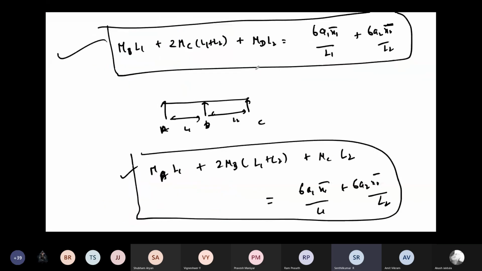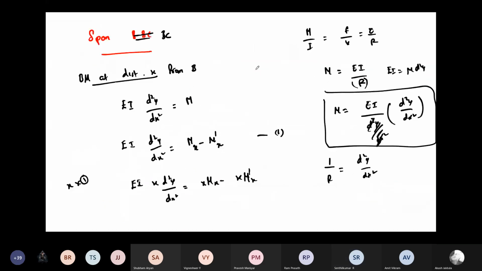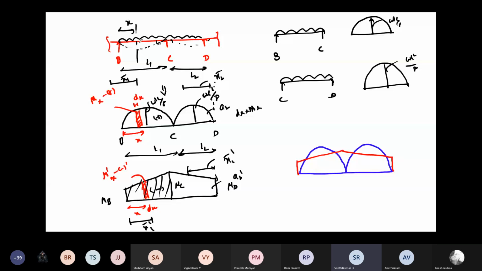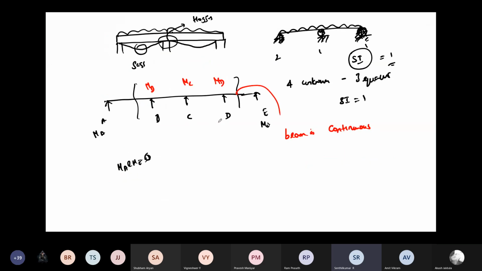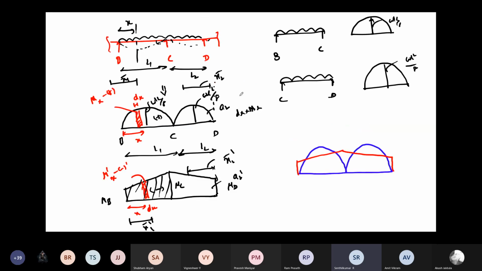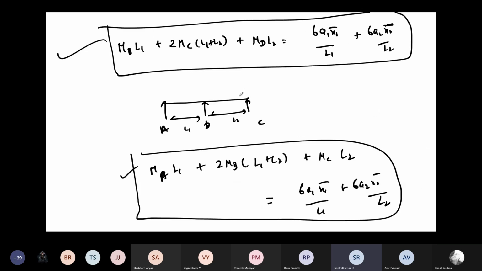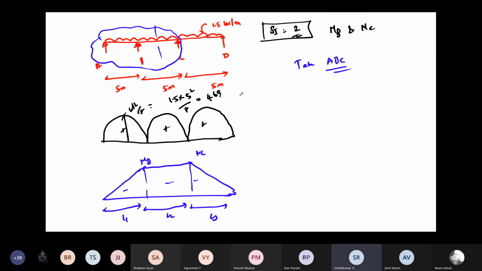Because how did we derive the equation? For any 3 supports, what will be your values? Because you just see here, many supports are there. I just took these 3 supports only. Somewhere, I just take it out and use the moment theorem. Same thing only I'm going to do here. Here 4 are there. I'm just taking some 3 supports, can be these 3 or these 3. First I'm taking these 3 alone.